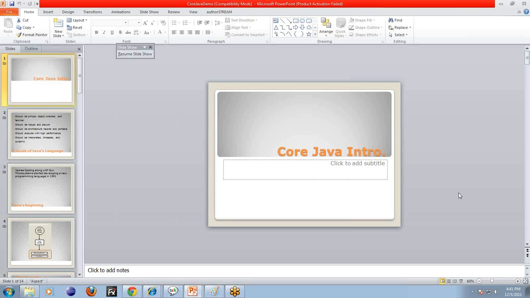There is a set of frameworks in Java SE, like the collections framework, a string package, and some utility classes. In Java EE, what they're going to do is use all these utility classes and some other APIs.